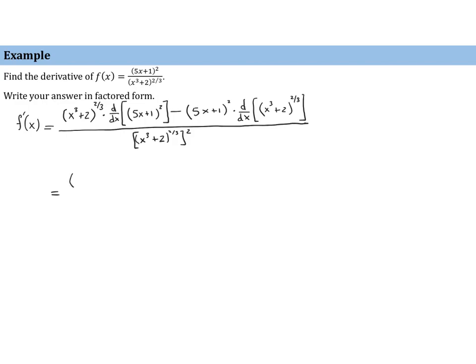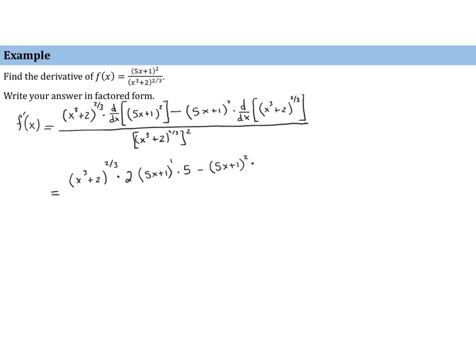So we have x cubed plus 2 raised to the 2/3 times, and now we apply the chain rule. We can bring the 2 in front, ignore the inside function, lower the power, and then we take the derivative of the inside function. So 2 times 5x plus 1 raised to now the first power. Taking the derivative of the inside function yields for us this time 5